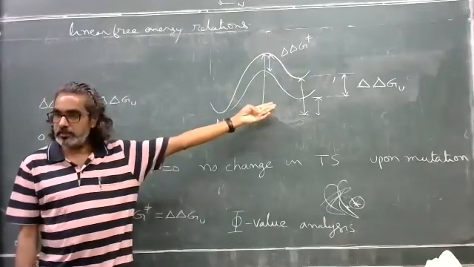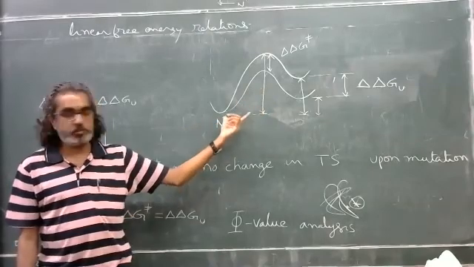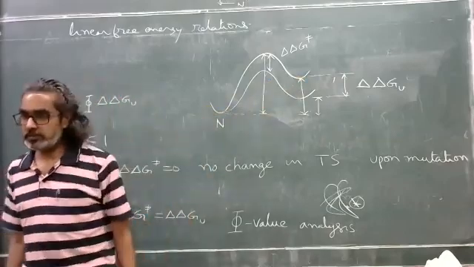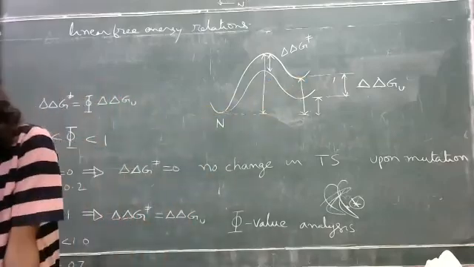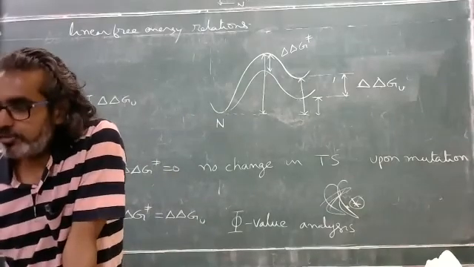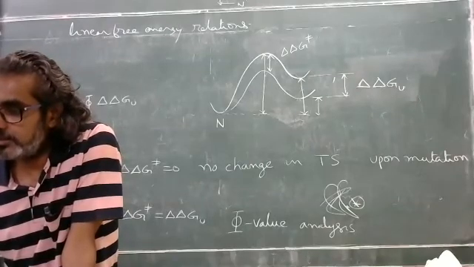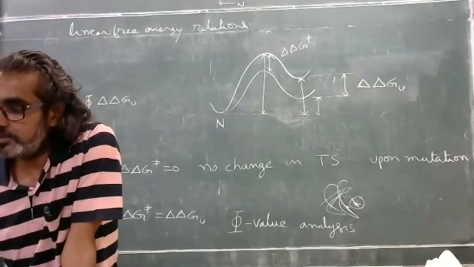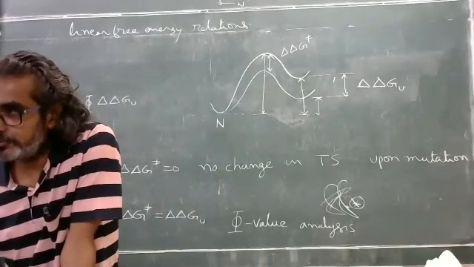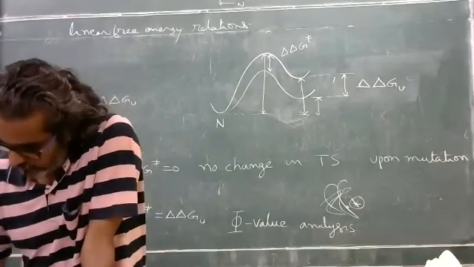You can in principle assume the U's are identical, U in the wild type and U in the mutant. But then the thermodynamic energy difference is basically the U and N energy difference. So the final expressions are not going to be different, even if you assume that unfolded states are similar to each other but native states are different, because we are not really calculating the absolute energies. Okay, sir, got the point.